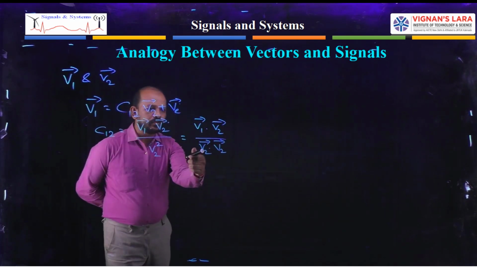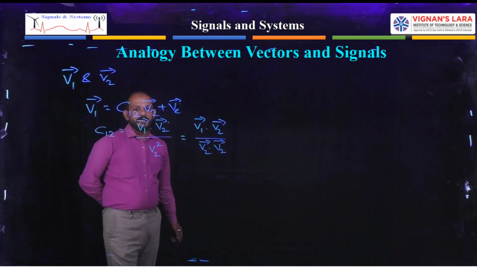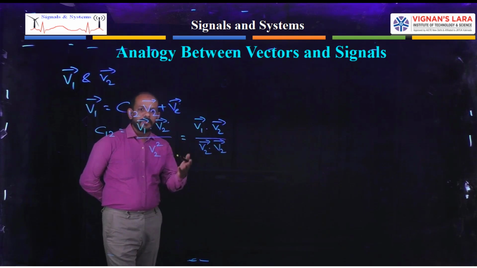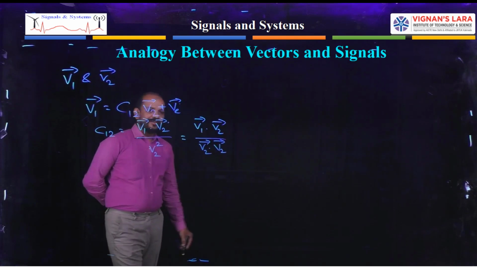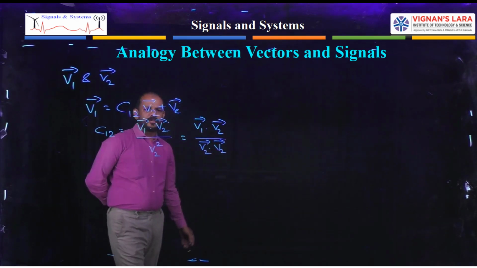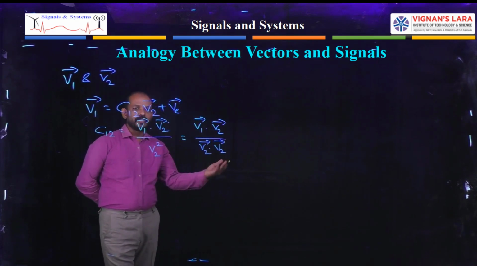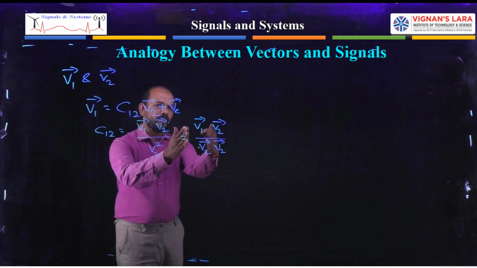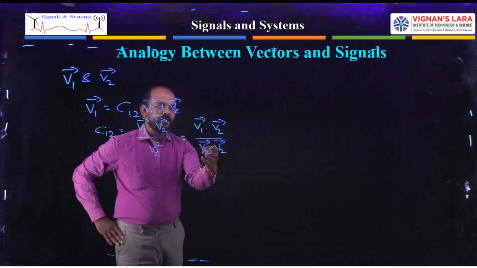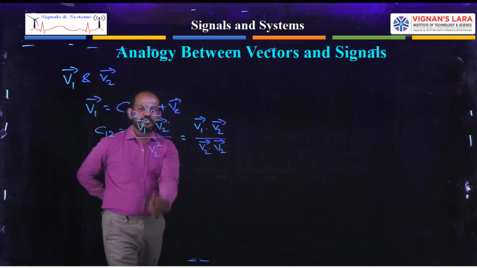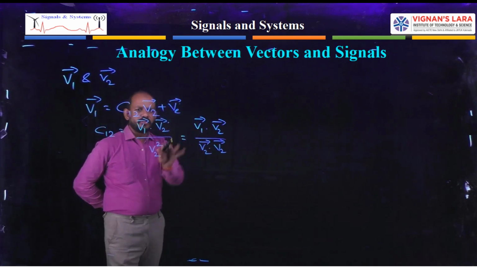What is the dot product of V2 bar and V2 bar? The dot product of A bar and B bar is nothing but mod of A bar into mod of B bar into cos of the angle between A bar and B bar. Here both the vectors are the same, so the angle is 0, and cos 0 equals 1. So we get mod of V2 bar into mod of V2 bar into cos 0, that is 1. Mod of V2 bar is V2, so V2 into V2, V2 square. This is the magnitude. I explained all this in the previous class.